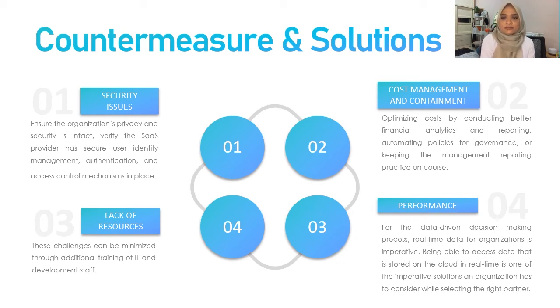Cost management and containment could be countered by conducting better financial analytics and reporting, automating policies for governance, or keeping the management reporting practice on course. Next, the lack of resources can be minimized through additional training of IT and development staff. Besides that, the solution for performance is having real-time data for the data-driven decision-making process. Being able to access data that is stored on the cloud in real time is one of the imperative solutions an organization has to consider while